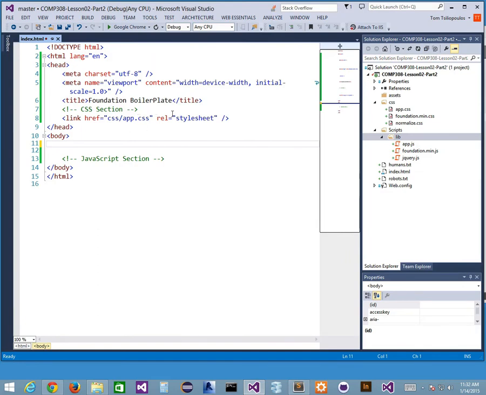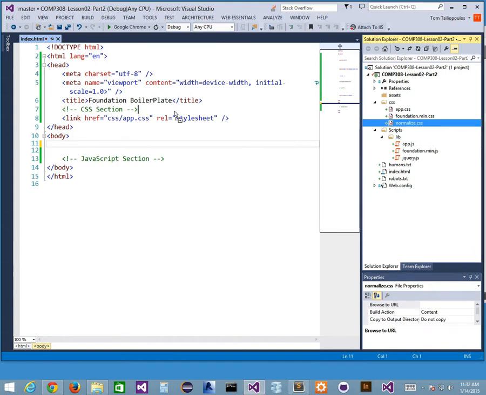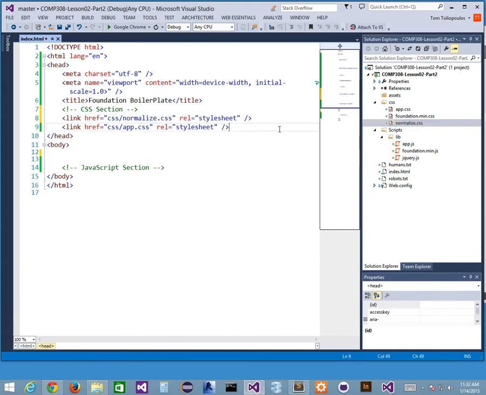So here's my CSS section, and I've got normalize right here that I got from the vendor piece of Foundation. I'm going to drag and drop this above my own CSS. And why does it have to be above and not below mine? Why would mine be the last one? Anybody? Why am I last? First of all,